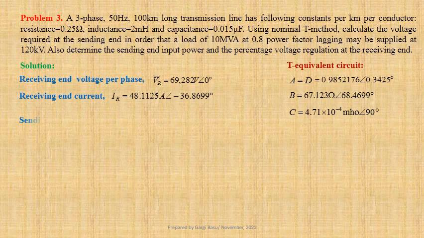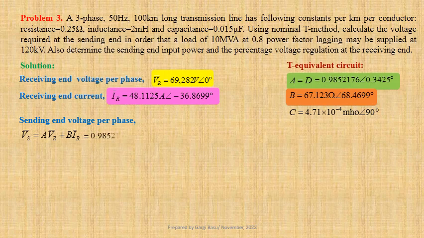Expression for sending end voltage per phase Vs equals A times VR plus B times IR. Using values we get 0.9852176 at an angle 0.3425 degree into 69,282 at an angle 0 degree plus 67.123 at an angle 68.4699 degree into 48.1125 at an angle minus 36.8699 degree. That gives us